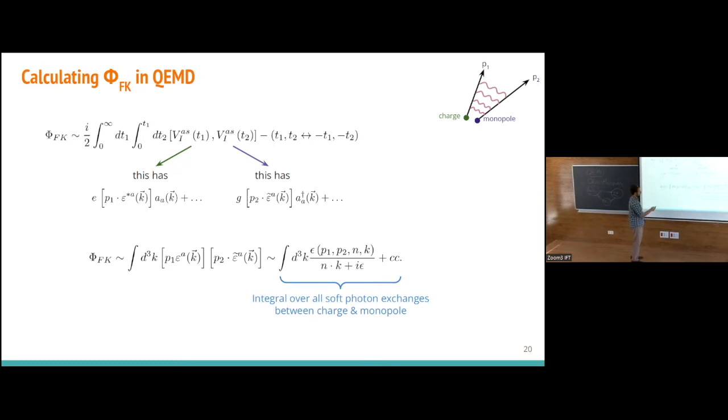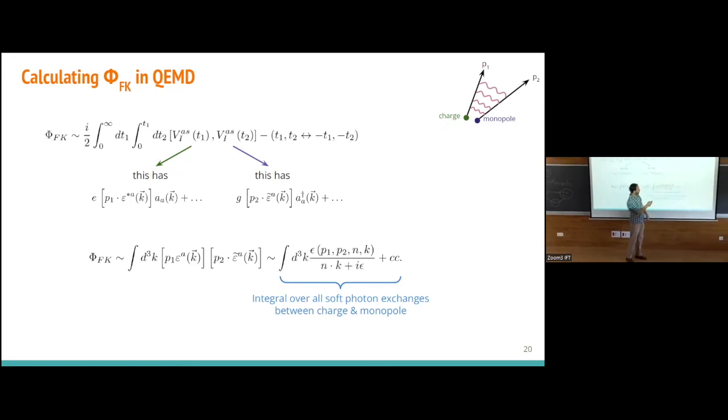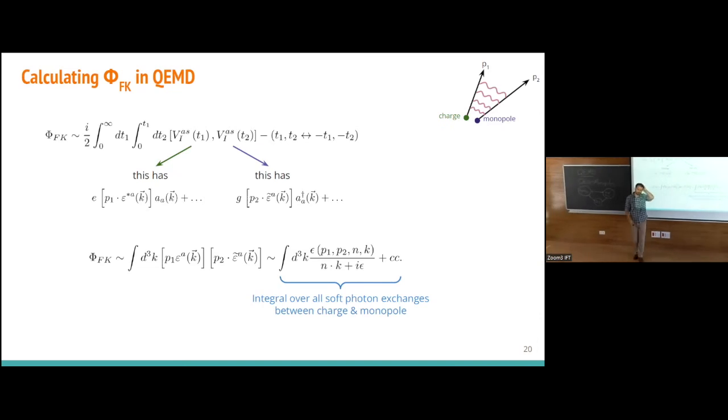Now, if you perform the sum over these two things, you see that this looks very familiar for anybody who's worked with monopoles before. It's a propagator that involves the two momenta of the external legs, the Dirac string, and the momentum of the photon. Note that there's a 3D analog of such a propagator, the Chern-Simons propagator in 3D. And it's not a coincidence, because there's something topological in this theory. The exchange of a Chern-Simons propagator in 3D allows us to compute topological numbers. It allows us to compute the linking number of two curves.